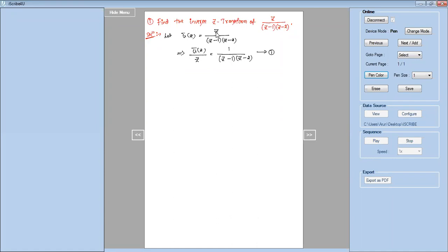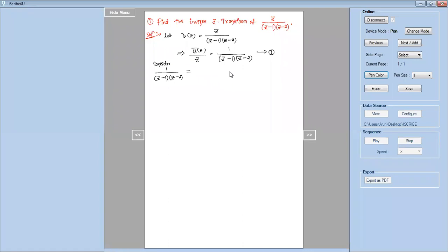So the numerator's one Z term, take it to the left hand side. And the same step says you have to simplify this right hand side. You have to resolve this right hand side into partial fractions. So let us consider this separately and resolve it into partial fractions now. So consider this, 1 by (Z minus 1) into (Z minus 2).